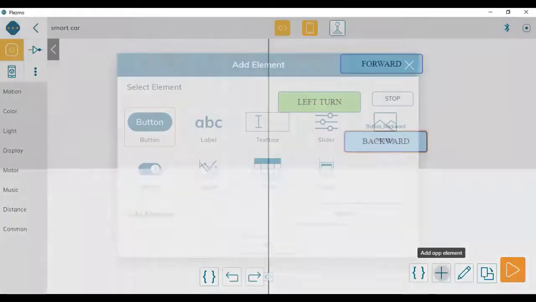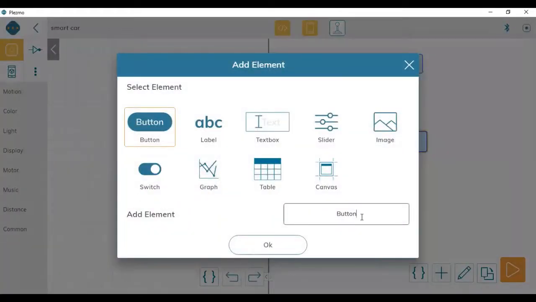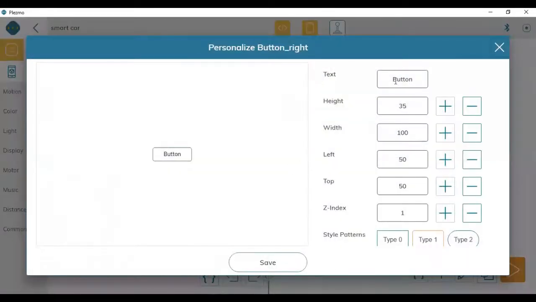So last button we are going to add now is right. So again here I will type right turn.